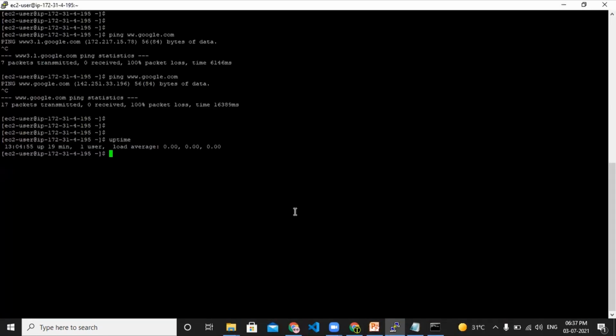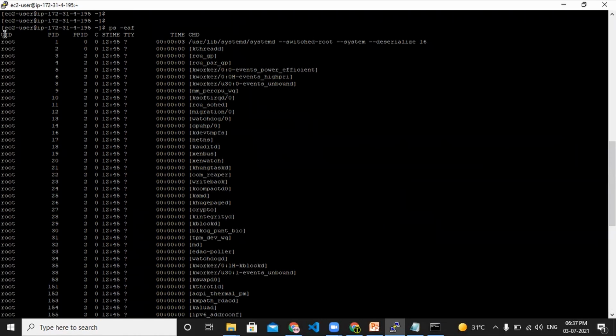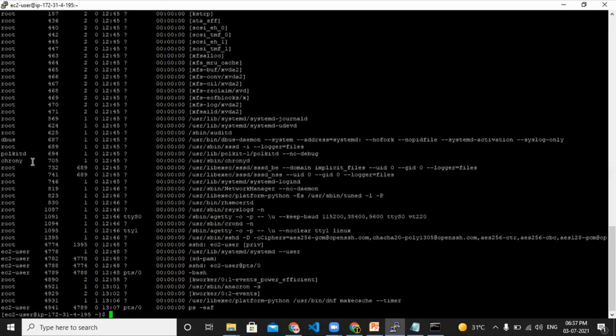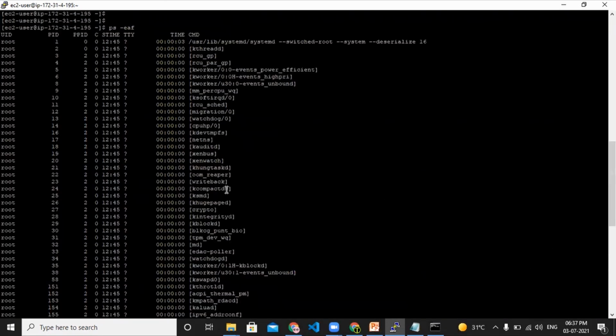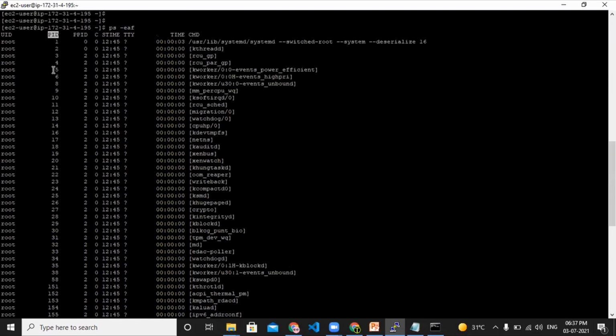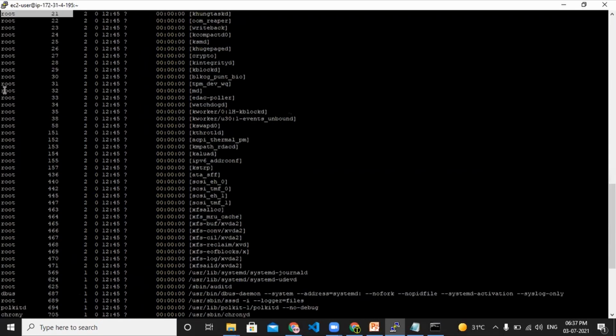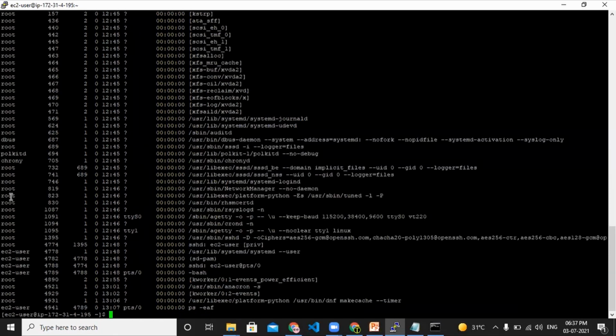So let's use a command called ps. So these are all process IDs. You're able to see, right? These are all system related processes running. These are PIDs, PID in the sense process ID. 10, 11. All of these show root here, so these processes are running with root privileges only. And this one process is running as ec2-user.